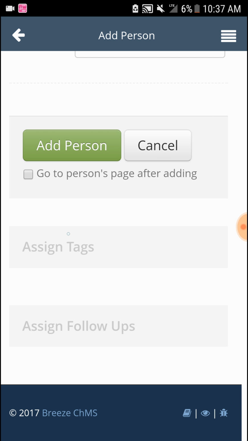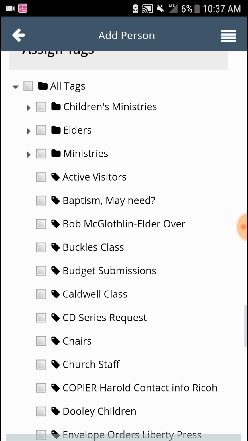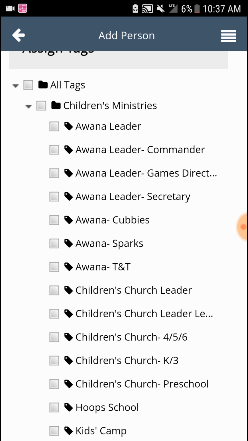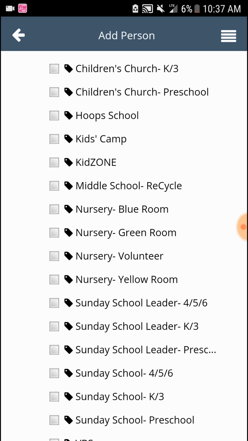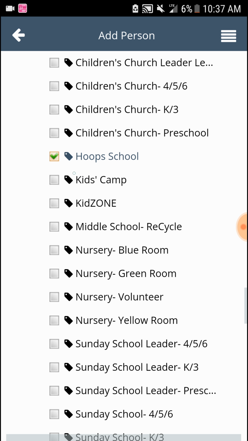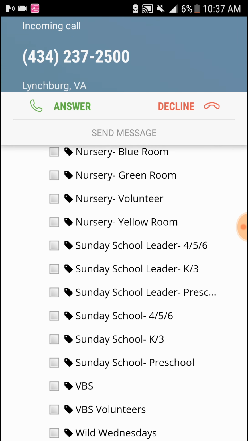But it's very, very important that we add tags. Now, let us say that this is a child. Open that. And they were visiting for hoop school. Now, coach is going to have the option of accessing all the people tagged with his hoop school, their parents, and everyone else we entered for him. Pull up a document. He can print mailing labels and remind them of the next hoop school. This is an excellent tool. And it's important that we know that we tag in the appropriate place, because if you want to alert all of your